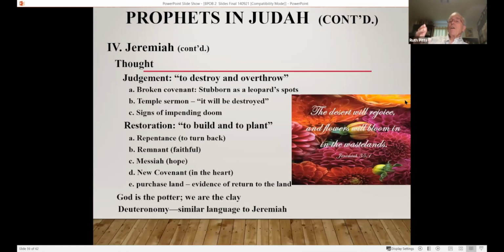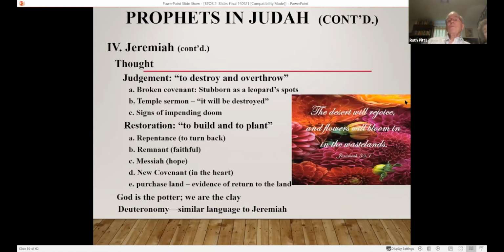There's going to be a new covenant, and this is new with Jeremiah. The covenant is not just saying things in a covenant renewal ceremony. The covenant comes from the heart. You have to have it in your heart and change your heart. And that's where you get the notion of the love of God implanted permanently. And so he purchased some land near Jerusalem with the idea that when all this is over, I'm going to be able to go back there and resume my land. So you keep confidence as well. God is the potter and we're the clay.